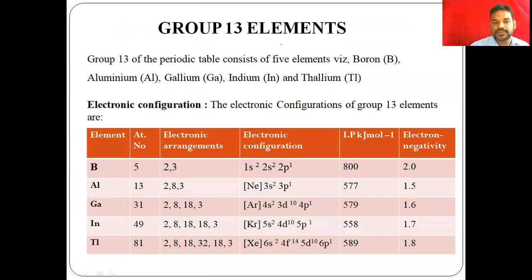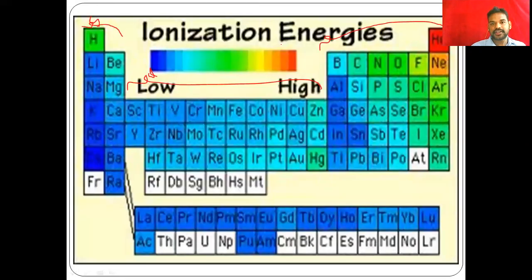First, group 13. In the periodic table, we are going to study the first block of the P block elements. That is the 13th group, which we normally call the boron family, and then the carbon family, nitrogen family, oxygen family, and fluorine or halogen family. Block means this, which you already know. They have similar properties, so we study them on the basis of their family. Boron family means this continuous block we are studying.